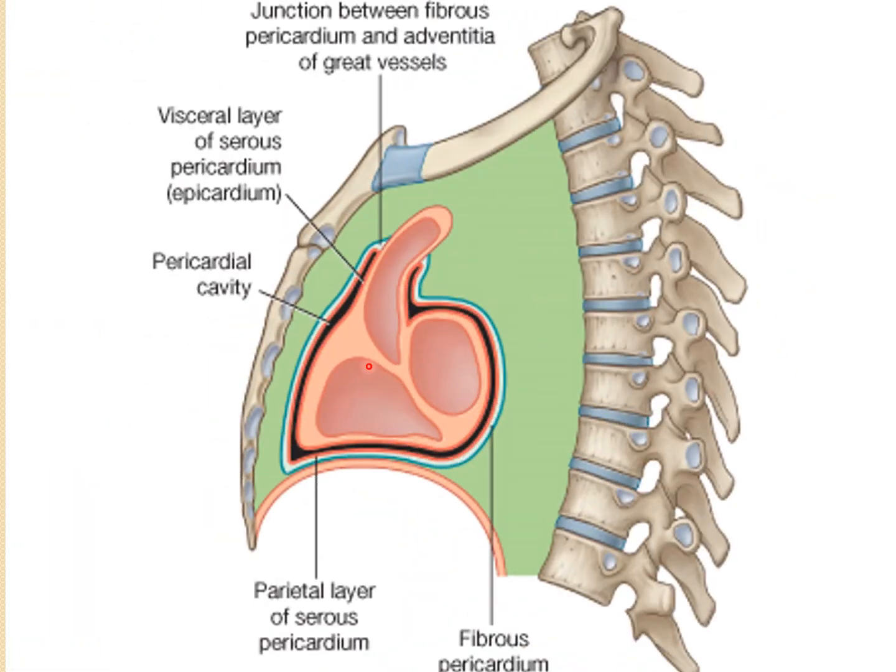See this diagram. First there are two types of pericardium. This blue line indicates the fibrous pericardium. Inside there is a parietal layer of the serous pericardium and within there is a visceral layer of the serous pericardium. In between, this black line indicates the pericardial cavity. So the outermost part is the fibrous pericardium. It covers the heart including the great vessels.